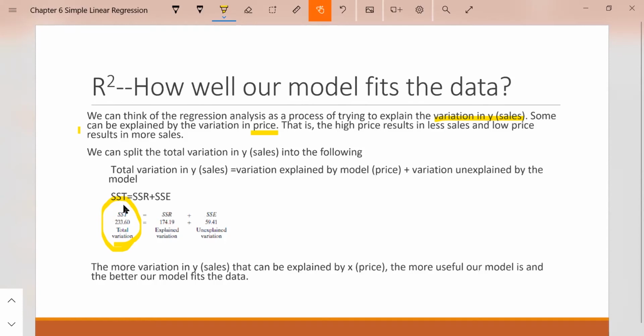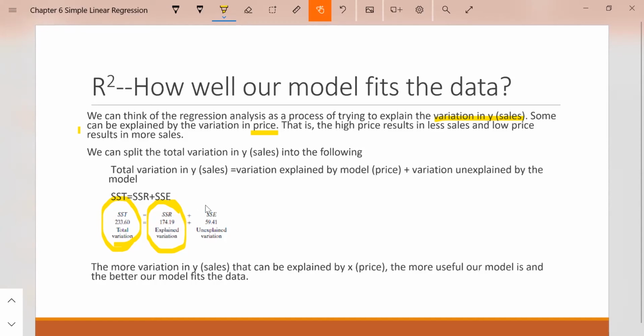Don't worry too much about the terms. What you need to know is this is total variation in sales. We separate into two chunks. One part is we call SSR. That is the variation due to price of the milk. When price of the particular milk increase or decrease, you will see sales change with it. And we will say that's the amount of variation associated with the price of the milk. In terms of numbers, it's